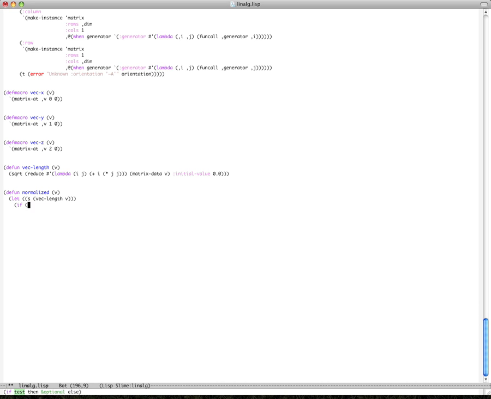If s is not 0, doesn't equal 0, then we return an instance with the same dimensions as v,